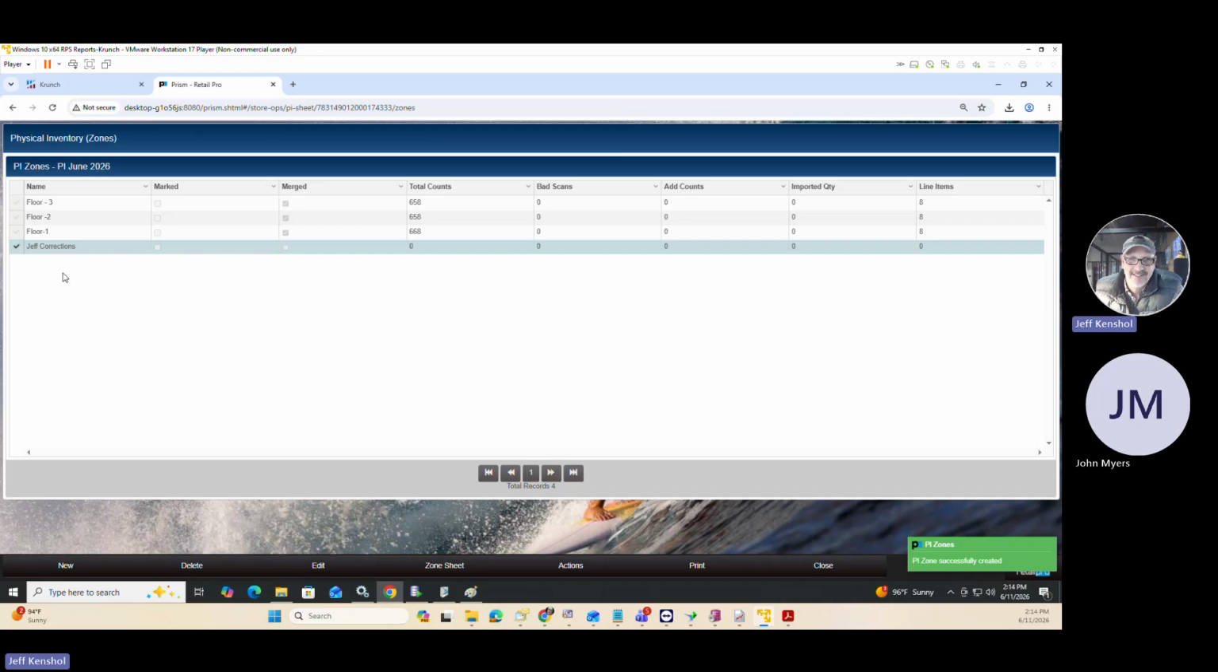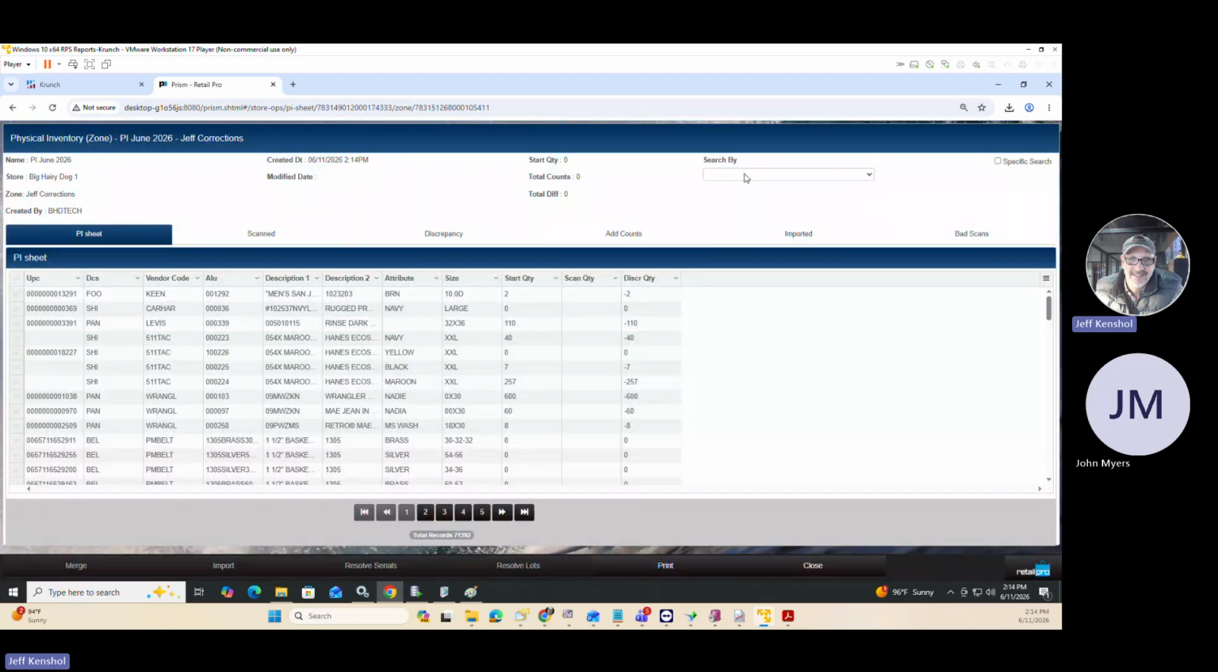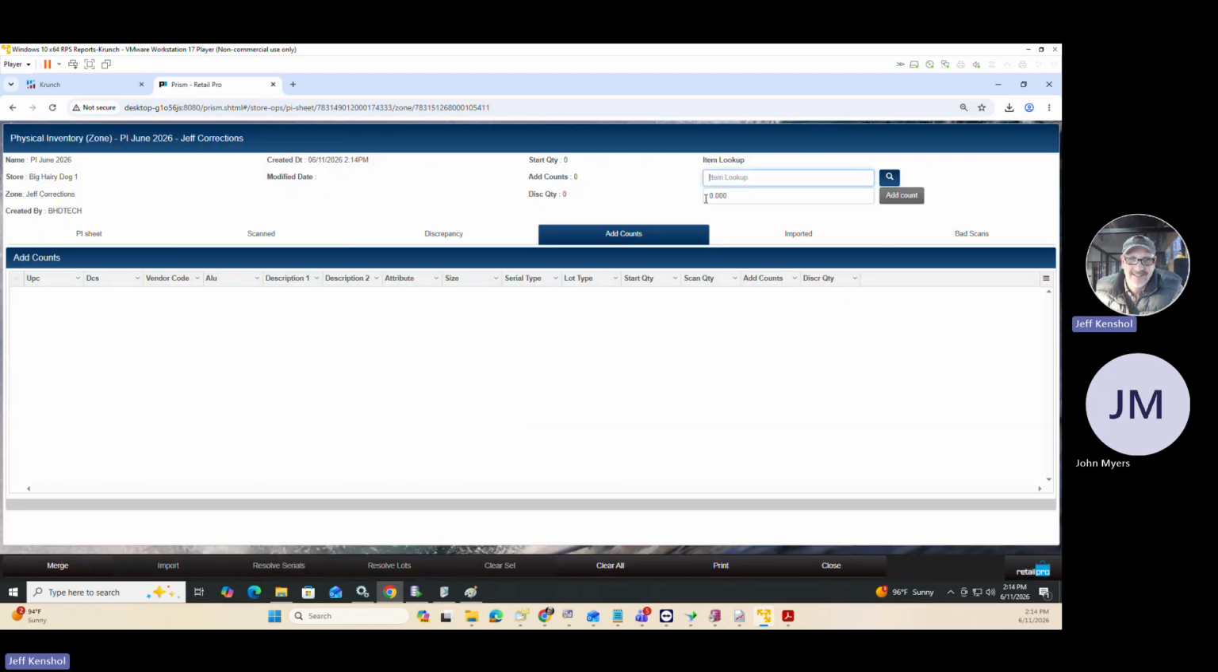Okay, this one here was overcounted. There was 12 on the peg hook, but the last 4 was in fact not the same item, and they should have scanned all 12, but they didn't. Right? Okay, so then I would grab that item, and I would say, okay, zone sheet, and I would be able to go into the add counts area, right? And I could say